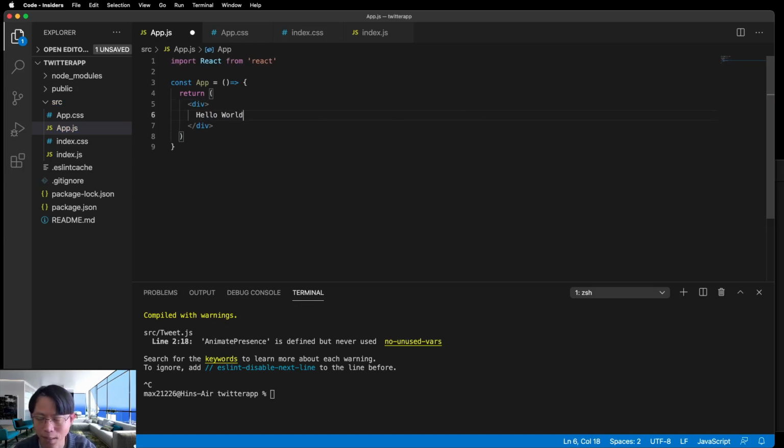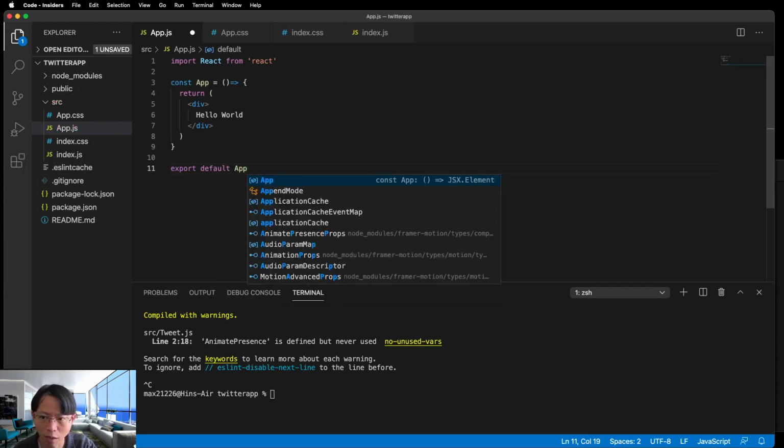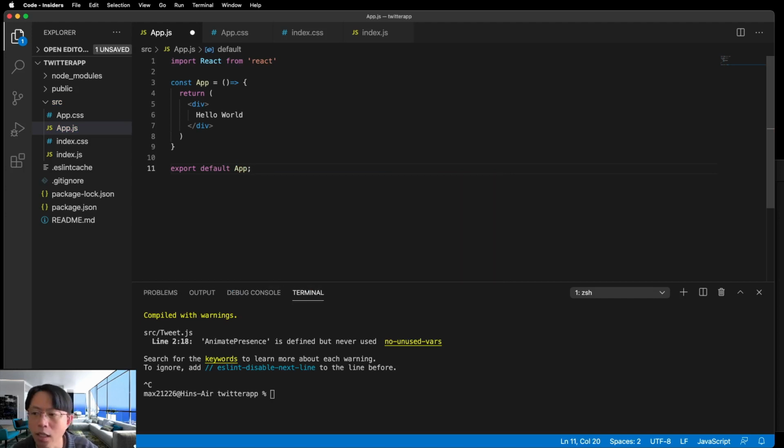Then at the end, to complete our React component, we make sure we export this function or component to the outside,